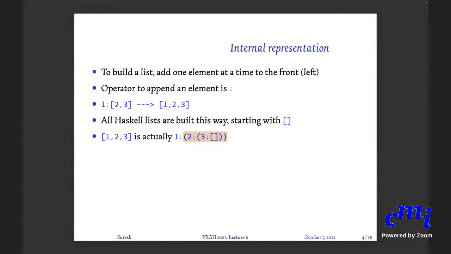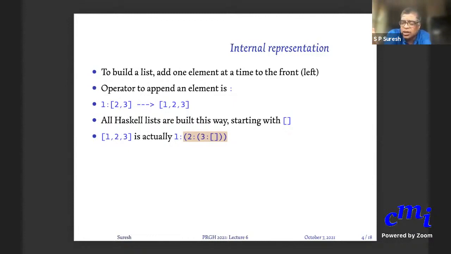Excuse me, sir. Is it possible to add an element at the end of the list? I mean 2, 3, 1 if I want to do that. You can do 2, 3, 1, but for that you have to start with the empty list. First do 1, then add 3, then add 2. You can only add things to the beginning. You can add to the end of the list, we'll come to that in a minute, but for that you have to program. You cannot do it using the built-in operator.